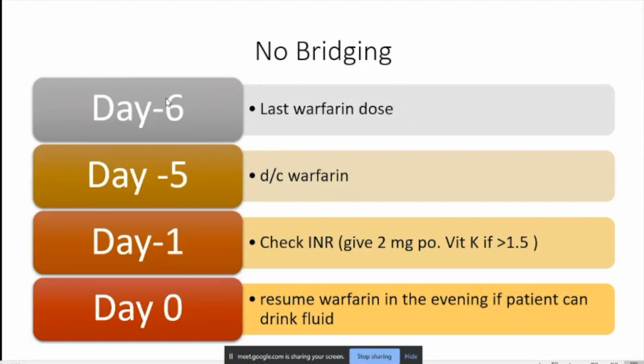Okay. So whenever it's day 1 or day +1 or +3, please resume the warfarin. In this case also, the physician can choose to initiate a new oral anticoagulant instead of warfarin. So here we don't have to worry about unfractionated or low molecular weight heparin. Even if the physician decides to start a new oral anticoagulant, that is totally